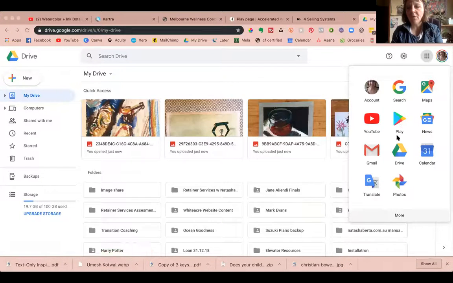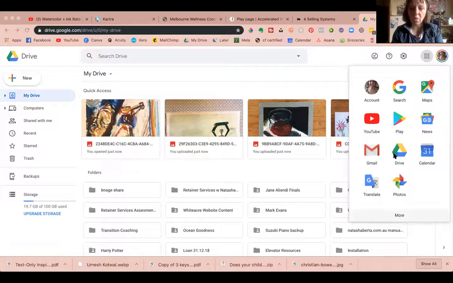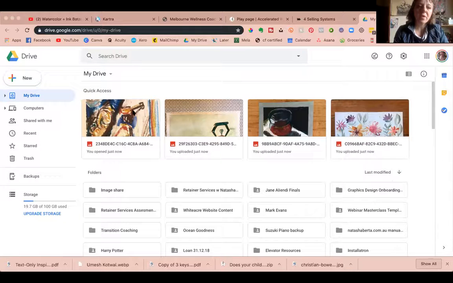and you've got all kinds of things to choose from. I've shown you this a bit before when I was talking about Google Forms, which are awesome. Check that video out if you're interested. So you can click between Gmail and Drive by these 9 dots, but I'm already in Drive. Now what we can do is, here's the files that I just uploaded, and I can also see the folder